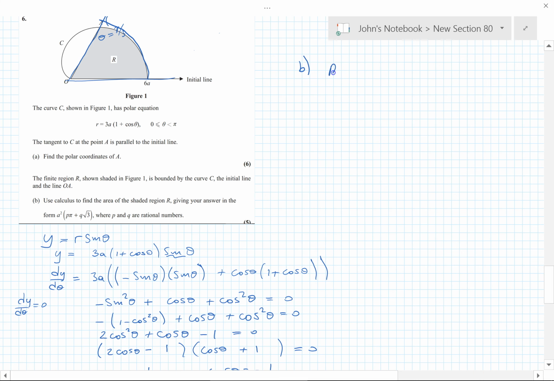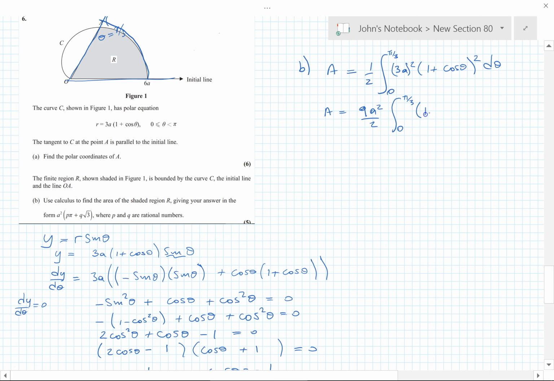So the required area is equal to half, integral from naught to pi by 3 of (3a) squared (1 plus cos theta) squared d theta. So that gives us the area is equal to 9a squared over 2,